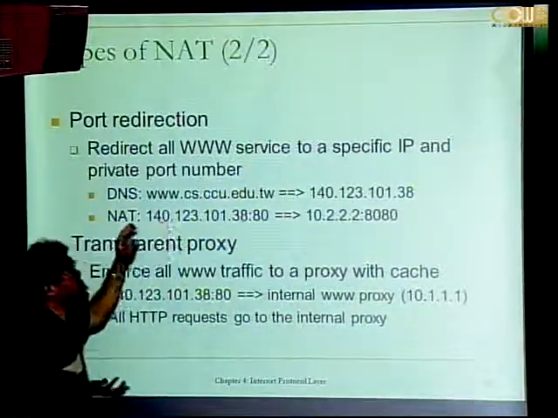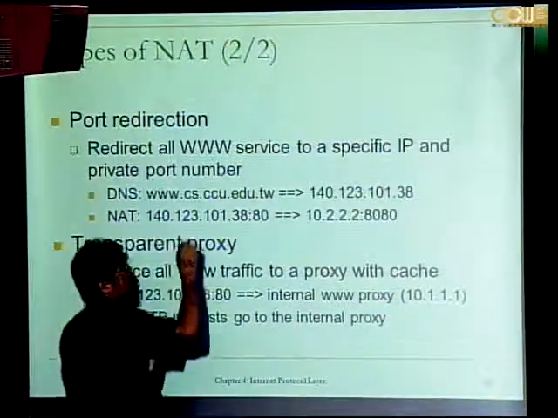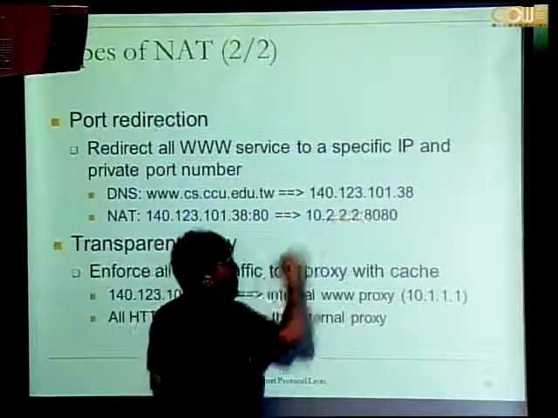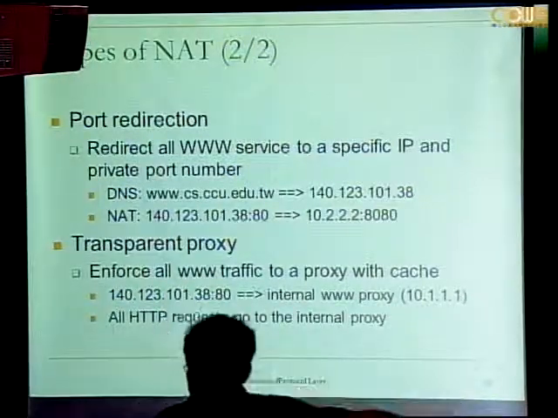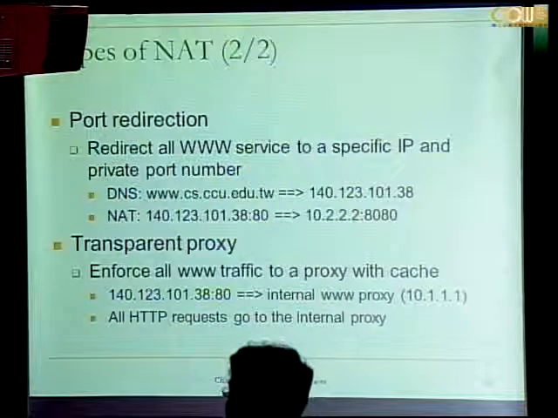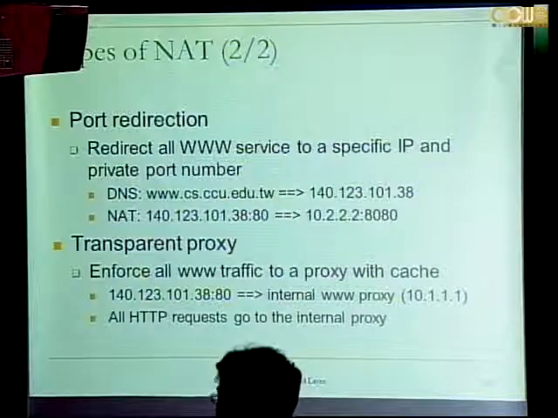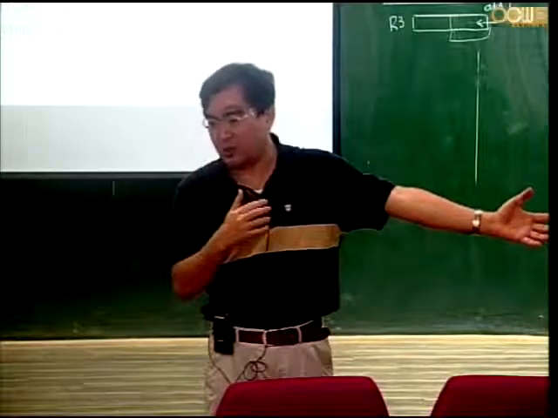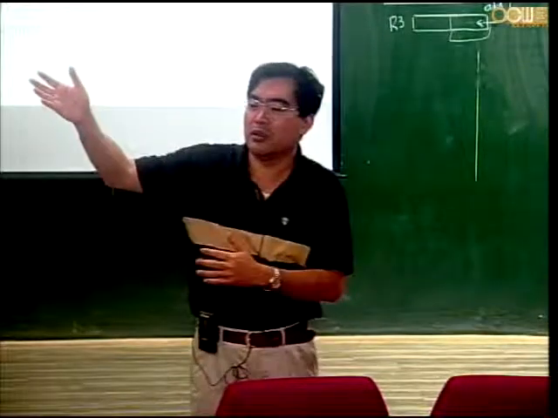So if I receive a web request, an HTTP request destined to this, then NAT would need to translate it into this. Then it would forward to the web server inside. So in this way, if I configure this on the NAT device, and it does this automatically, then essentially I'm making the web server inside visible to the internet.